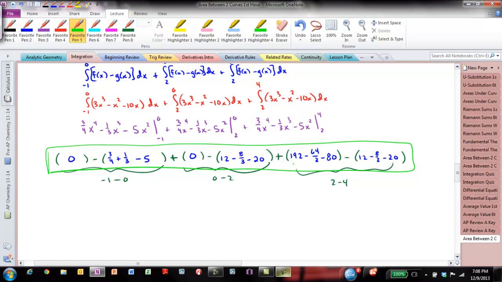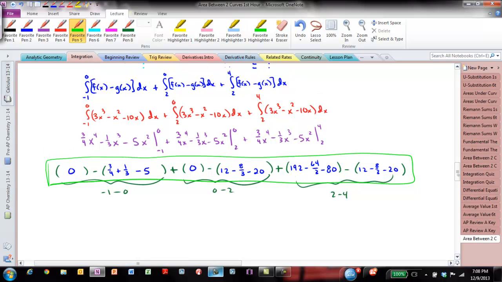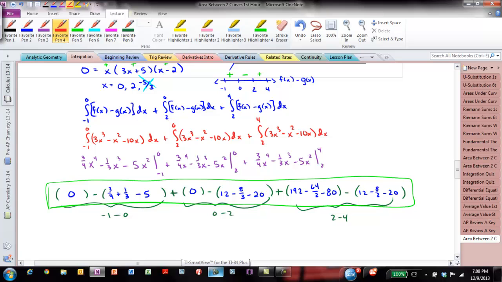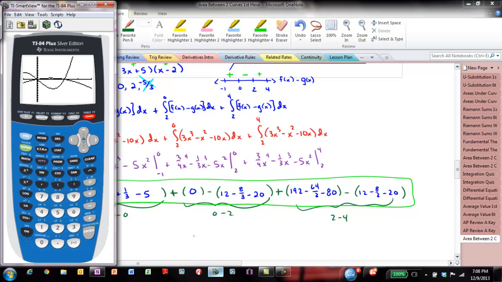But what you want to make sure is that each one of these integrals gives you a positive value. So we're going to go in and check this answer by our calculator, check each integral. So if you have a calculator, this is all you have to know. Okay? You just have to know how to put the integral setup in that's going to give you a positive value. So I'm going to go into my calculator, and I'm going to make sure that my f of x,